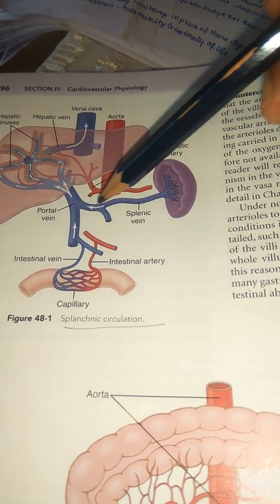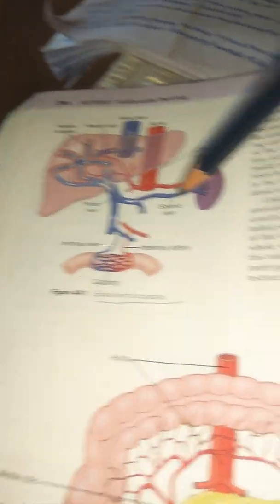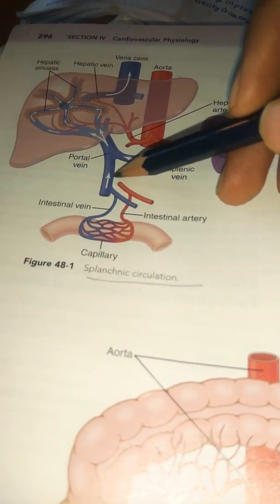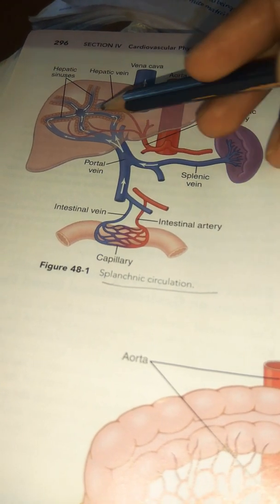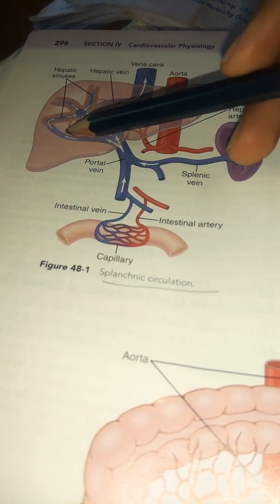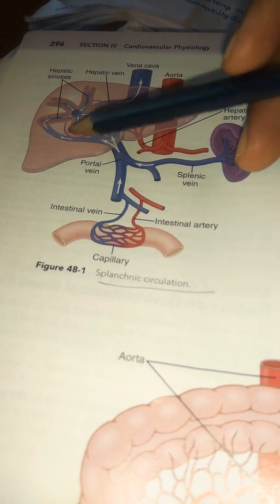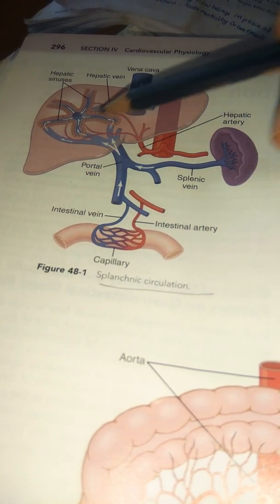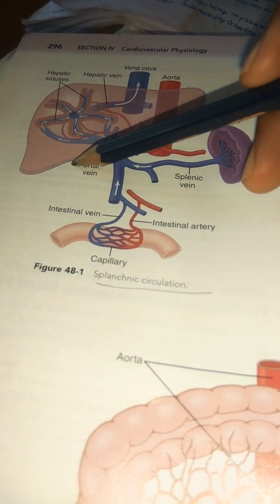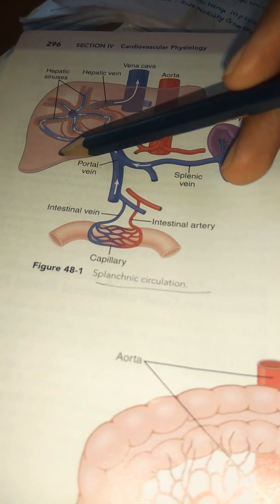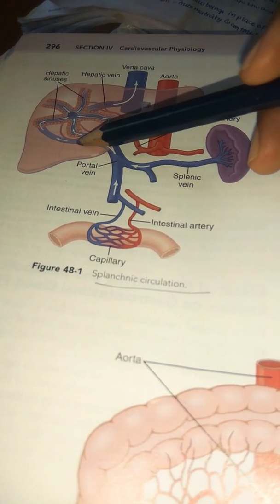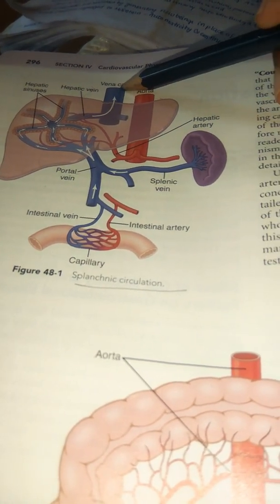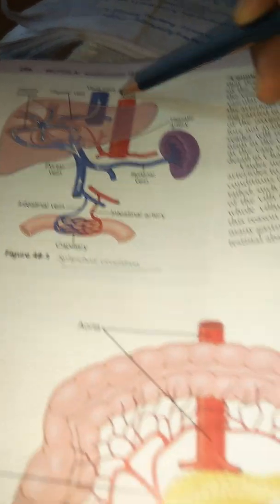So all of them, their veins, mainly the splenic vein, the intestinal vein, all these veins collect together and go by means of the portal vein into the liver. After reaching the portal vein, they reach the sinusoids. You can see a sinusoid, hepatic sinuses. So in the sinuses, what happens? The blood flows here and exchanges with the liver capillaries and liver tissue matter, and after that they get all the nutrients dumped into the liver, and they undergo several chemical metabolism, and finally they come out by the hepatic vein and finally reach the inferior vena cava. From the inferior vena cava, they reach back into the right heart.